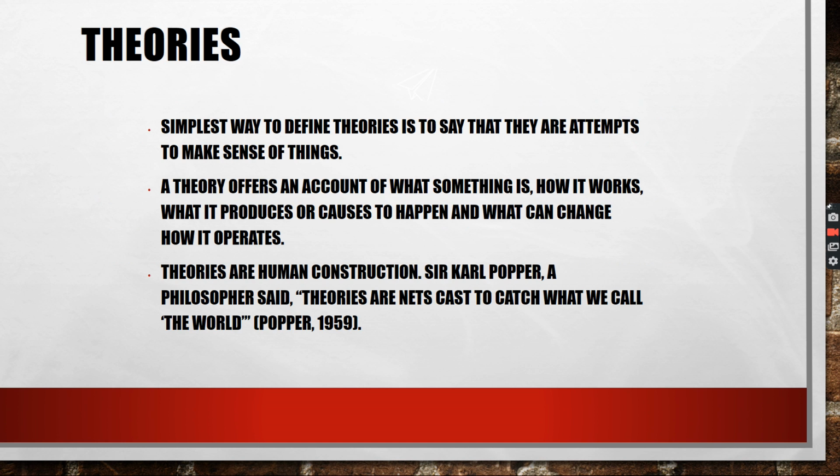The simplest way to define theories is to say that they are attempts to make sense of things, as I told you earlier. Basically, how you're making sense of the world. You see that a lot of people, for instance in the 1940s, a lot of Germans subscribed to the idea that the German race, the Aryan race, is superior to others. There's a group of scholars called the Frankfurt School. They examined how the media was used, from film, radio, television, newspapers, pamphlets, how the media content was produced to